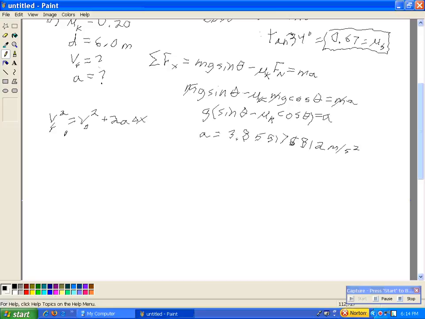So the initial velocity was 0, which is nice, so that the final formula comes out to 2a delta x. You plug the numbers in, and you get